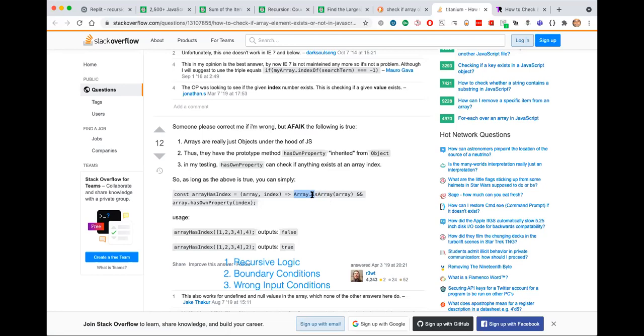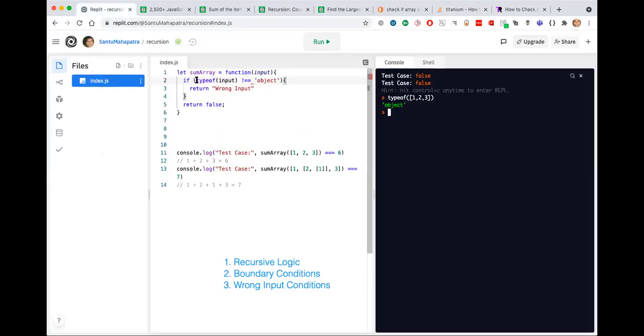That is available inside Array.isArray, and we have to pass the array as a parameter. Okay, maybe we can try this. We can check it by something. Let's maybe send a boolean there.